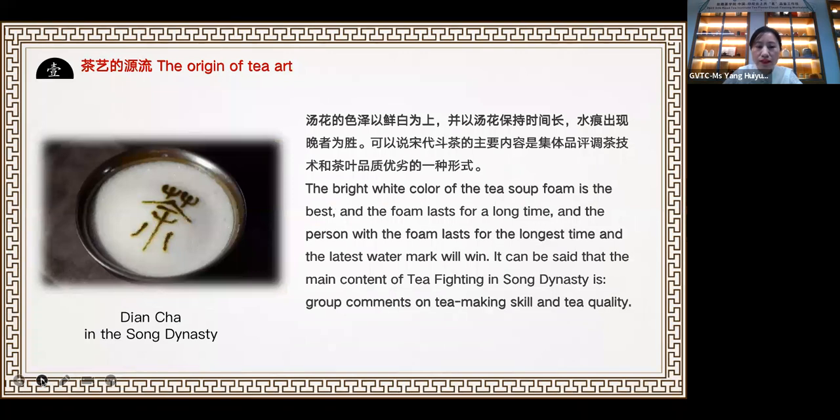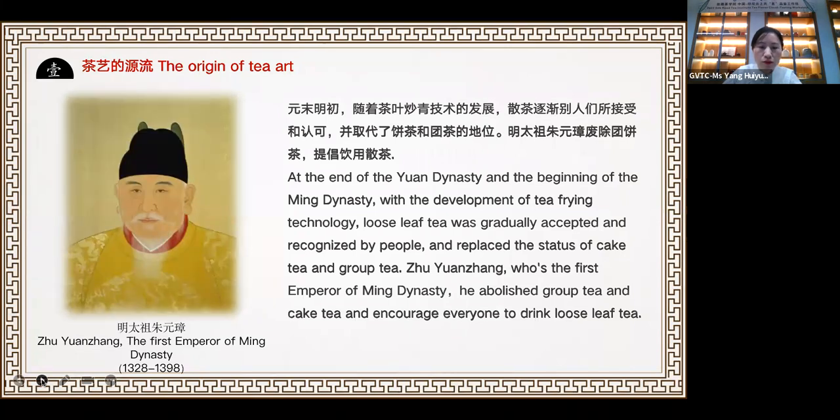In the late Yuan dynasty and the early Ming dynasty, as the skill of roasting grains developed, loose tea was gradually accepted and recognized by people and took the place of cake tea. The first emperor of the Ming dynasty, Emperor Zhu Yuanzhang, was born in a farmer family. He understood and sympathized with the suffering of the tea planters. So he issued an edict to stop paying cake tea as tribute tea, and made loose tea